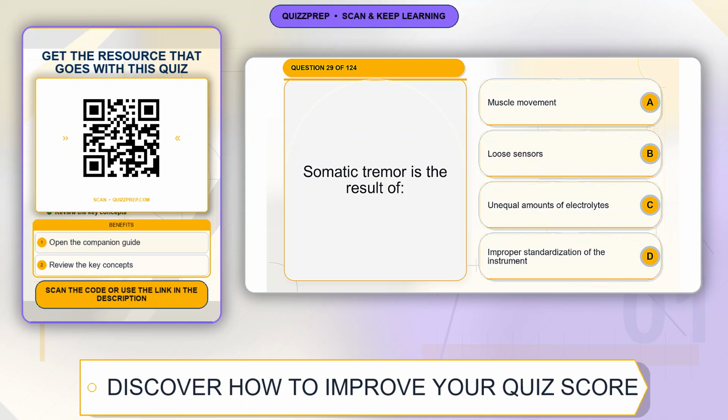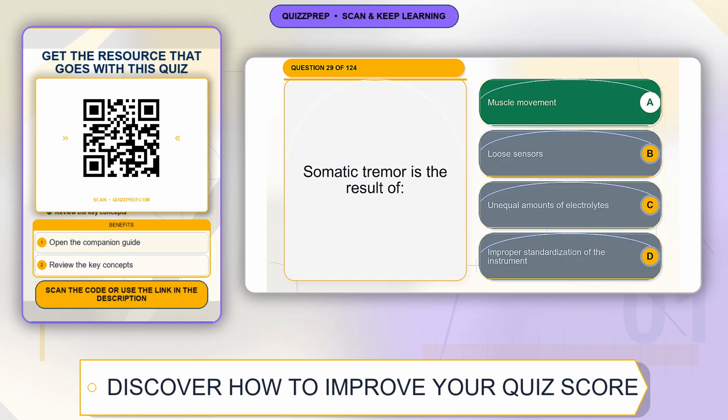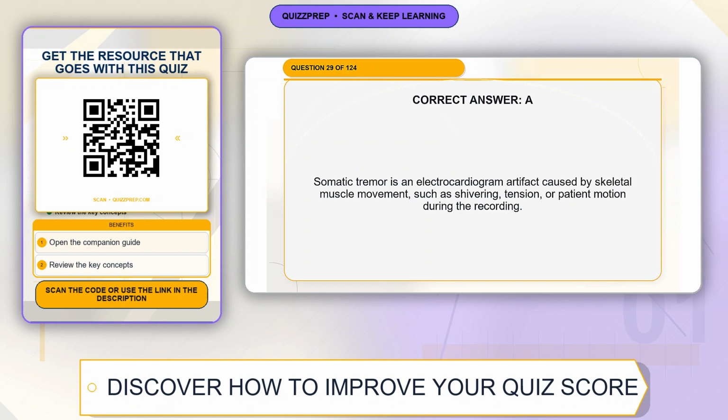Question 29. Somatic tremor is the result of Option A, muscle movement. Option B, loose sensors. Option C, unequal amounts of electrolytes. Option D, improper standardization of the instrument. The correct answer is option A, muscle movement. Explanation. Somatic tremor is an electrocardiogram artifact caused by skeletal muscle movement, such as shivering, tension, or patient motion during